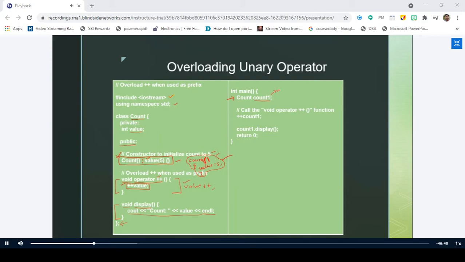Okay, value is a data member, and after that, does it have any functions or not? Yes, sir. Operator function and display function. Those functions will also be given to this object, right? So operator function will be there, and similarly display, when we create an object.